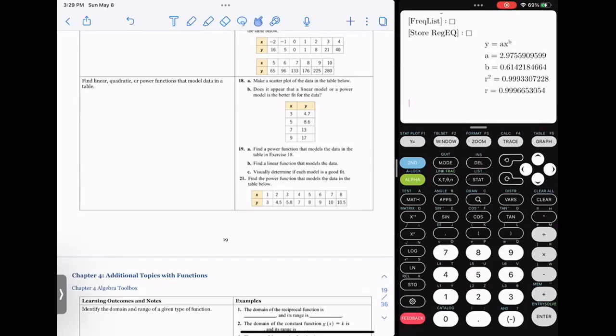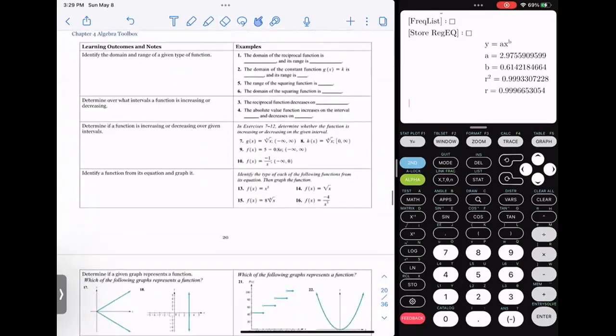Go on to the next page. Questions on this page? I feel like we could just go through them and fill in the blanks with. Want me to go through 1 through 6? Yeah. I don't know why 1, 2, 5, 6, and 3, 4 goes like that, but I'll do 1 through 6. So